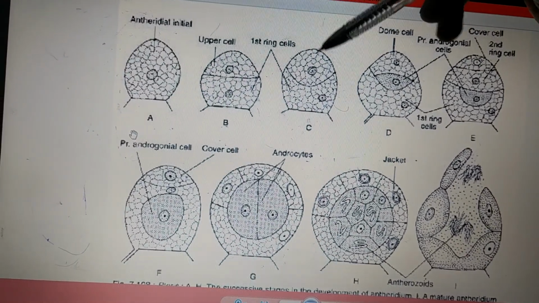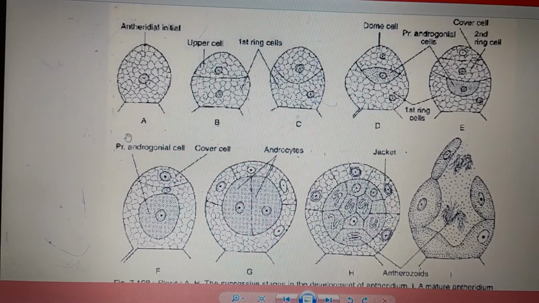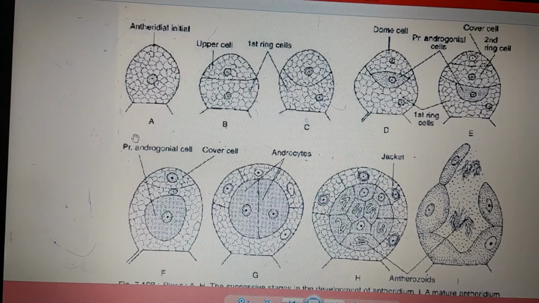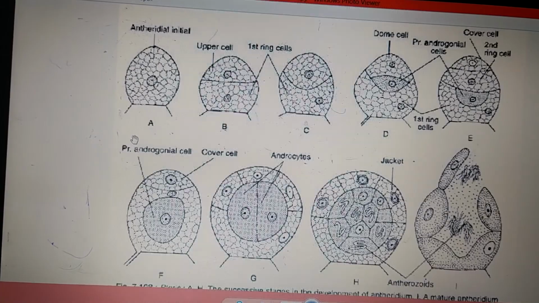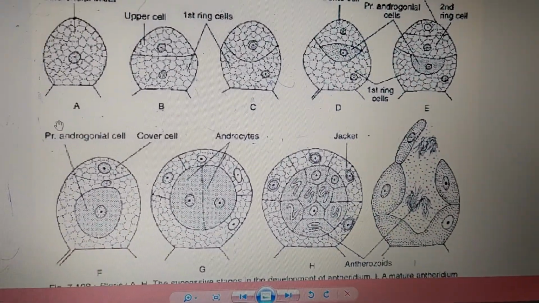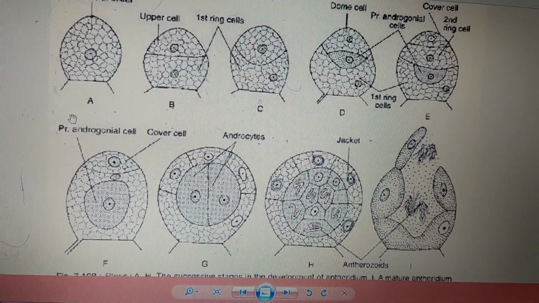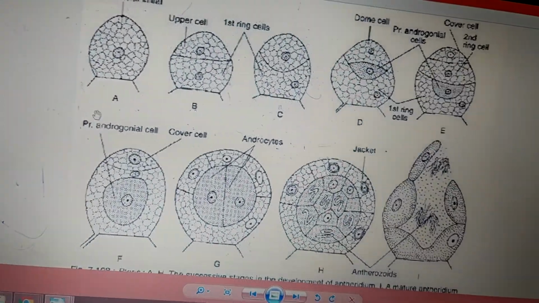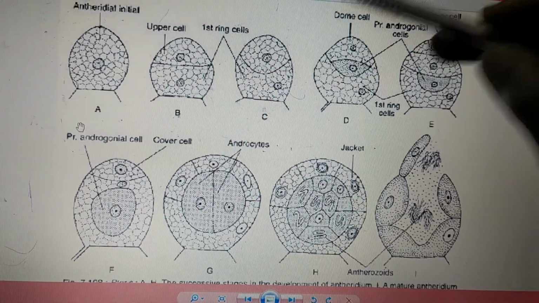So two cells are formed. Now the next step is bulging. Here what happens is due to high turgor pressure. Now what is turgor pressure? This is the pressure exerted by the fluid present in the cell that pushes the plasma membrane towards the cell wall, leading to a turgid condition. Such a high turgor pressure is present in the upper cell. Due to high turgor pressure in the upper cell, the cross wall between the two cells bulges. As a result of this, the upper cell becomes a dome shaped structure.